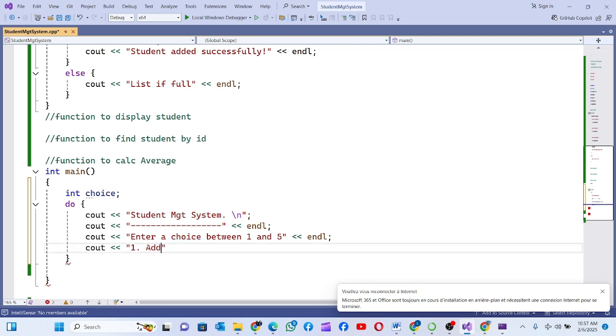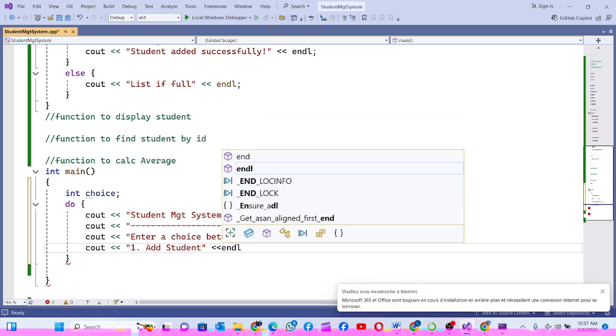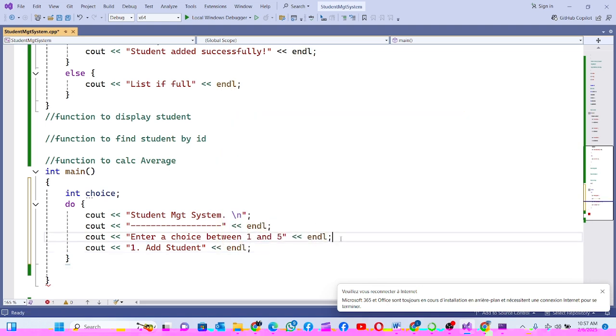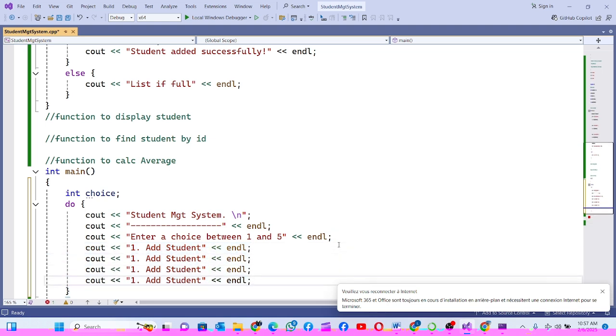So this will be add student, right? We have \n there, or we have endl, right? So this is what we'll do, and this will be 2 display student, 3 find student by ID,